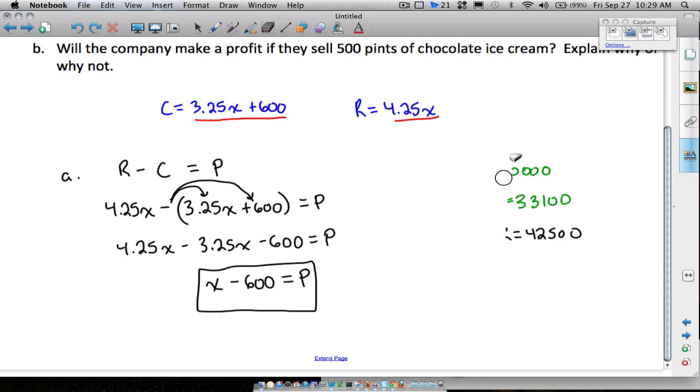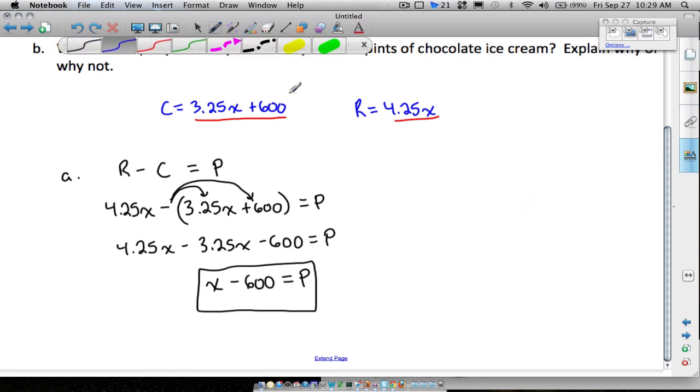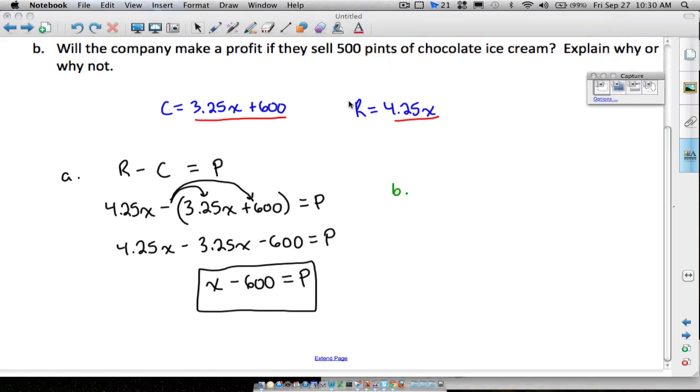So now that I went on that wild tangent, question B: will the company make a profit if they sell 500 pints of ice cream? Explain why or why not. And the answer is going to be no. I just talked about this too. If we look at it two different ways, again, one more time,